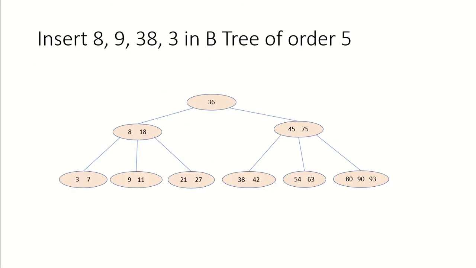So now insertion of 8 in the parent node has broken the nodes into 2, 8 and 18, and 45 and 75, and 36 has gone up. This will now have 2 pointers over here, one pointing to this child and the other pointing to this child. The pointers in each node would be modified appropriately depending upon the nodes that have been created. So this is how insertion in B trees is taken care of.